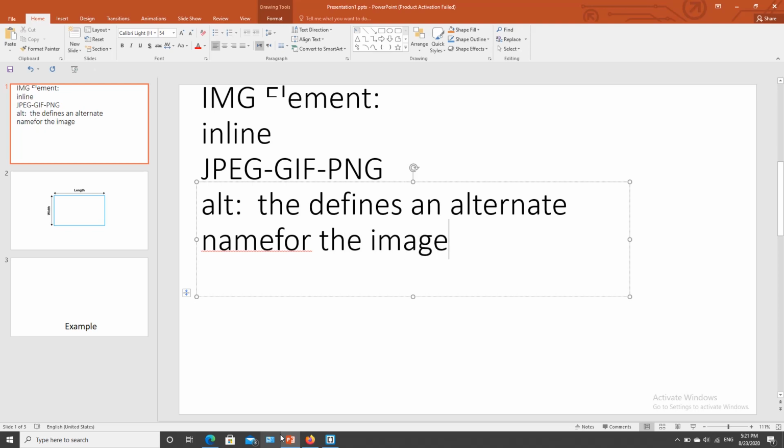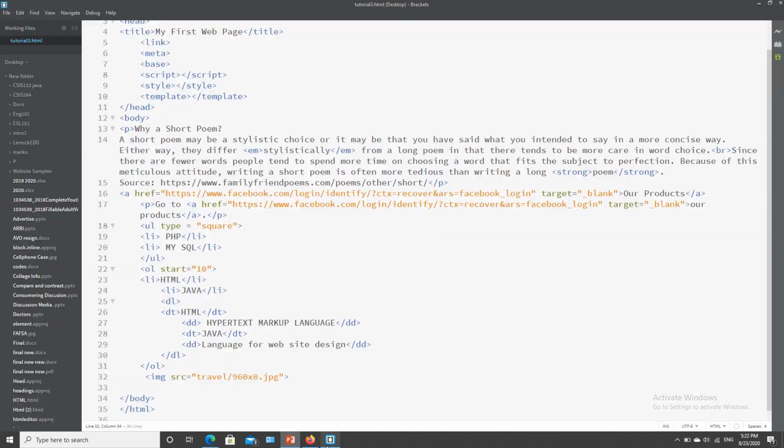Means before loading the image, you are going to see what the picture is talking about. Alt Mexico,